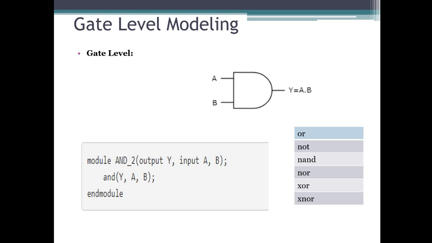So by doing this, you have written the code for the AND gate. Similarly, if you replace AND with OR, you can write code for OR, and for NOT, and the same goes for the other gates. This is gate level modeling, where we write our designs in the form of gates. I hope you understood this till this point. Let's move further.